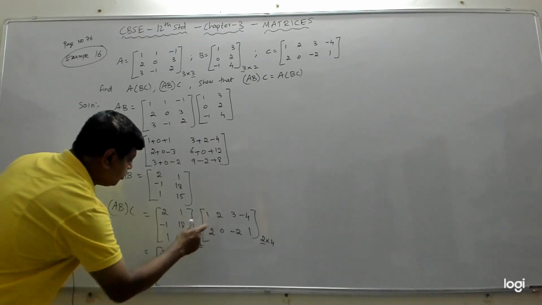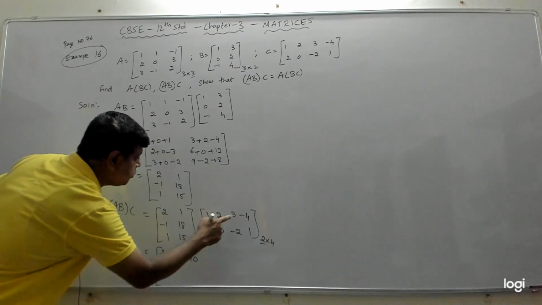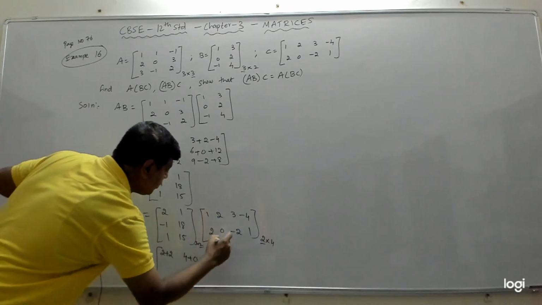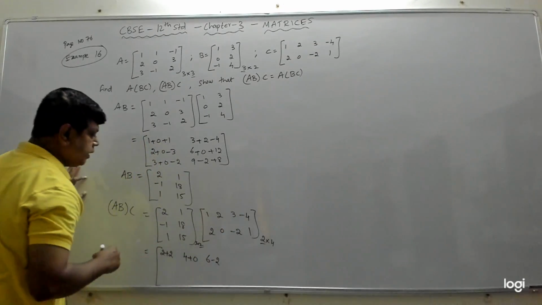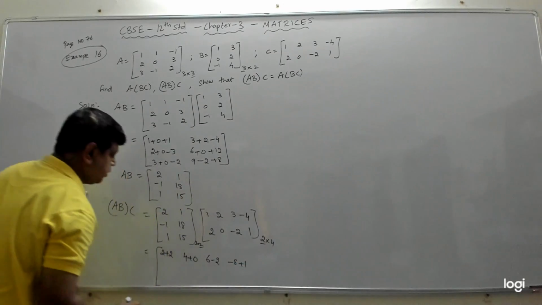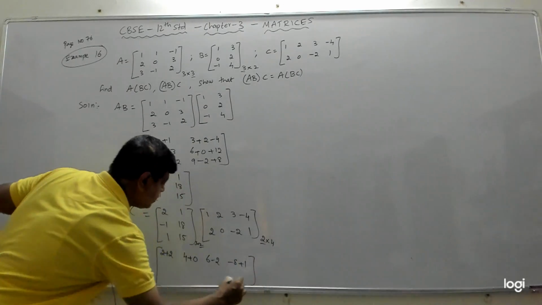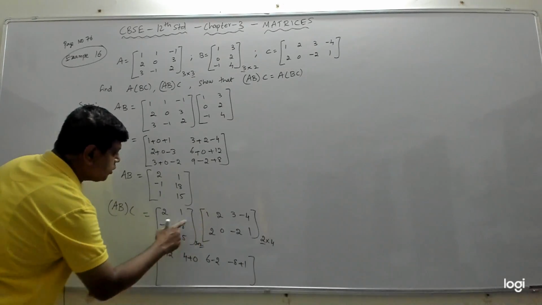So 2 into 2 is 4. Then 1 into 0 is 0. Then 2 into 3 is 6, 1 into minus 2 is minus 2. 2 into minus 4 is minus 8, 1 into 1 is plus 1. Then close this. The second row with the first column: